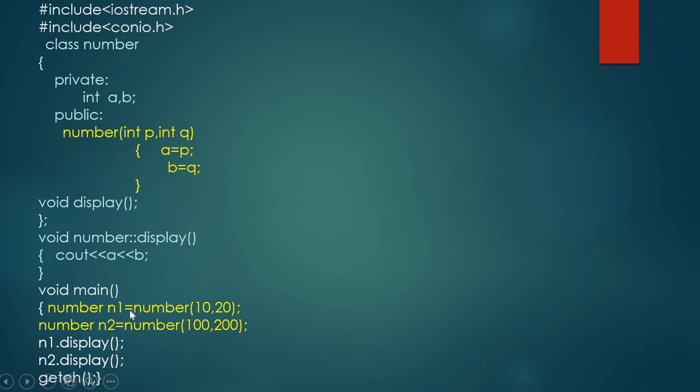So the object n1 is initialized with the values 10 and 20, and object n2 is initialized with the values 100 and 200. Then two display functions. n1.display will display 10 and 20. n2.display will display 100 and 200.